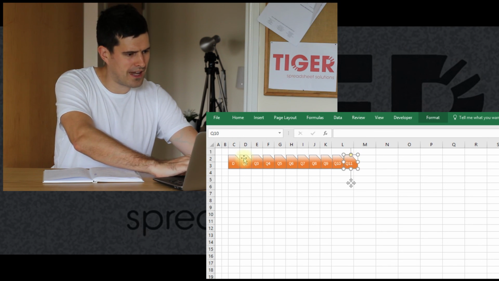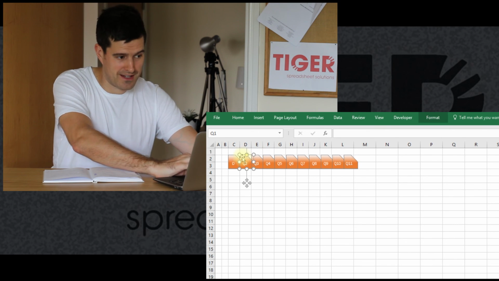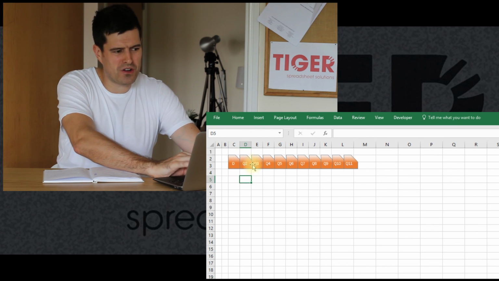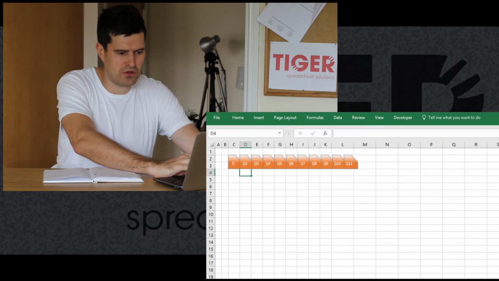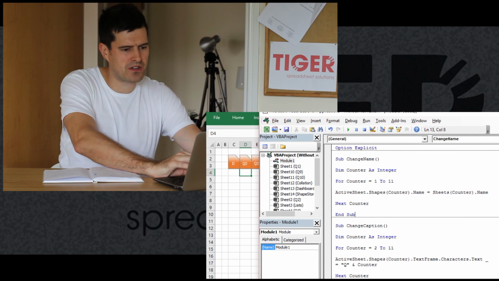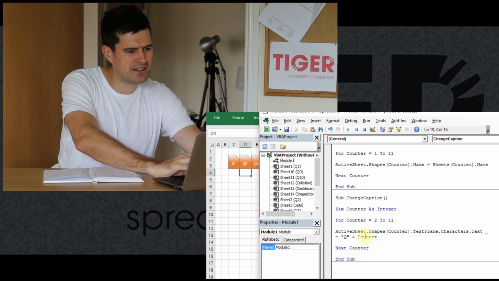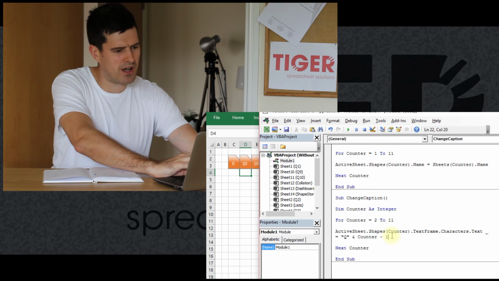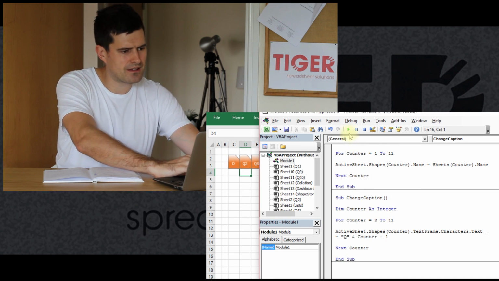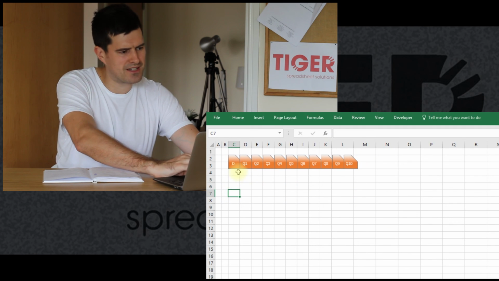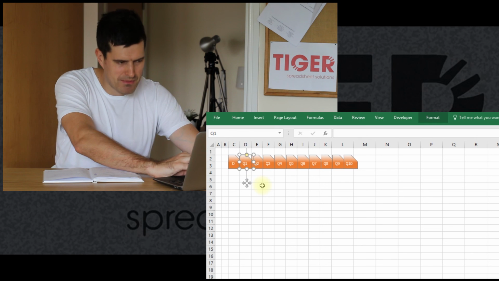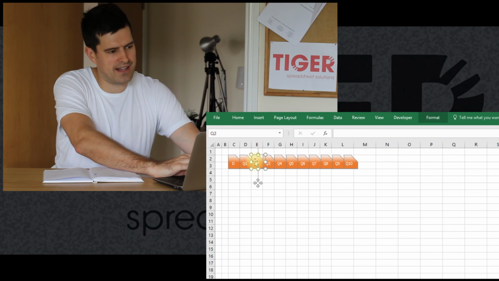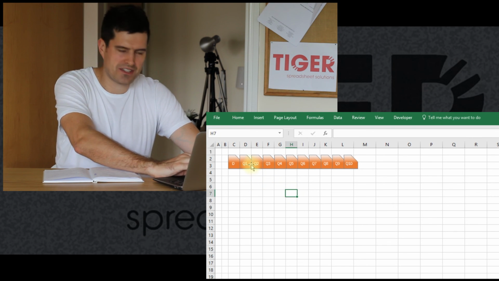Q10, Q9, okay, Q2. Right, so that's not quite right, is it? Because it seems like the captions were not quite right, because we actually want Q1 to appear here, not Q2. Okay, so I'm going to go back to the caption code, which I have kept, and then let's run this again. I'm just going to decrease the value of counter by 1, save the spreadsheet, then just play that code again. Yeah, and this looks much better. So we've got Q1, the name of the button is Q1, and the text appears in there. Okay, then we've got Q2, so the name of the button we can see is Q2, and the text Q2